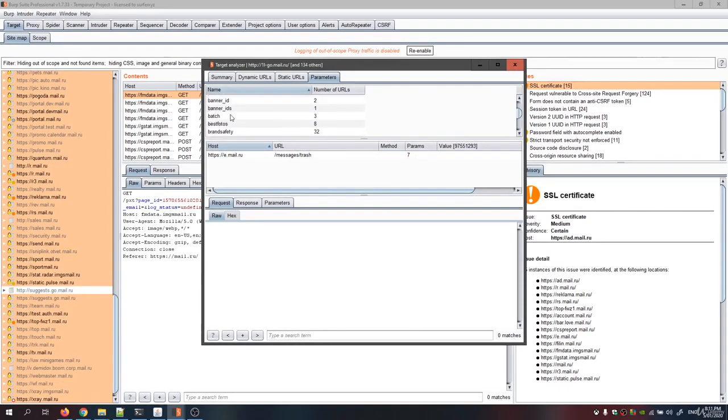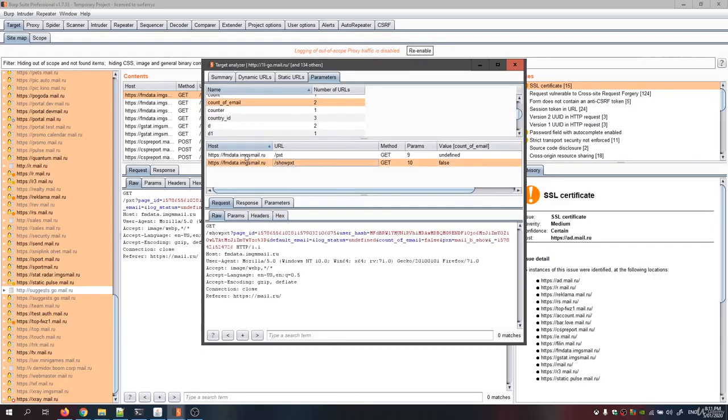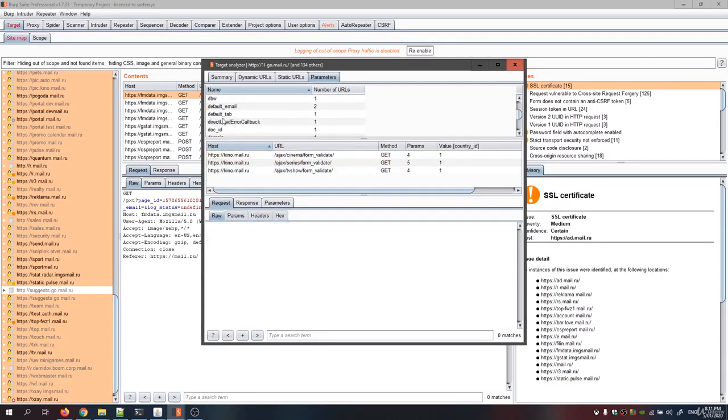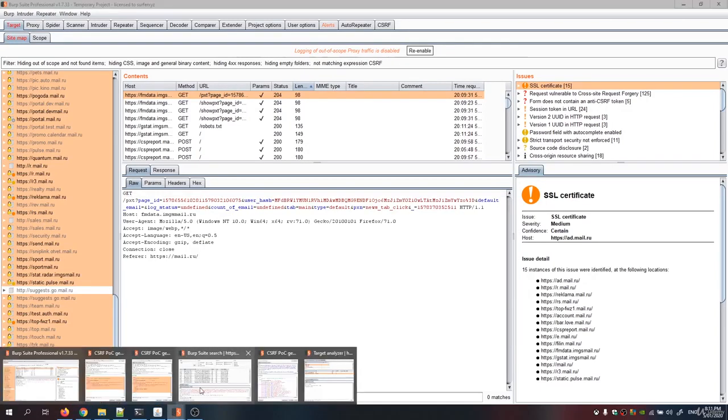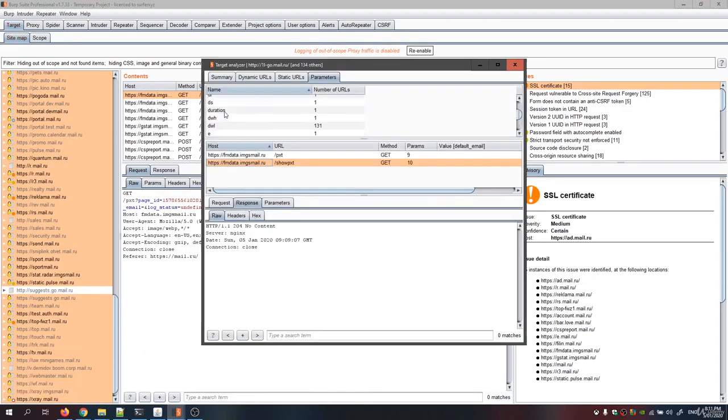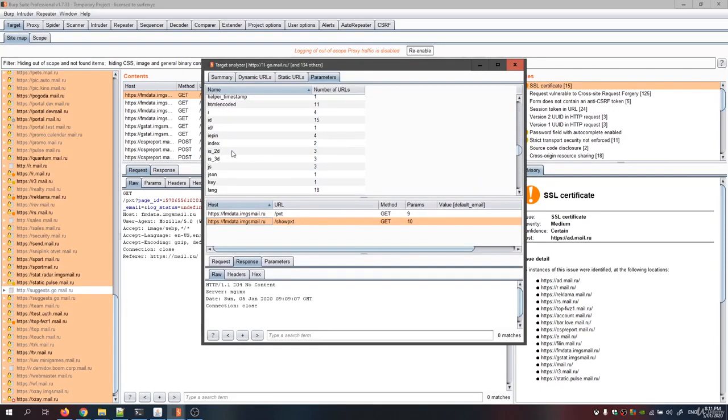For example, you might look for account email. That has no CSRF protection. There's no content. Default email. No content. You just check through each URL, and you find things like change email, change password, upload